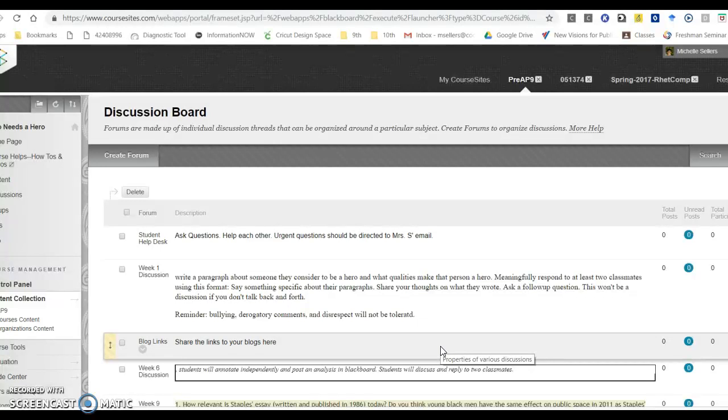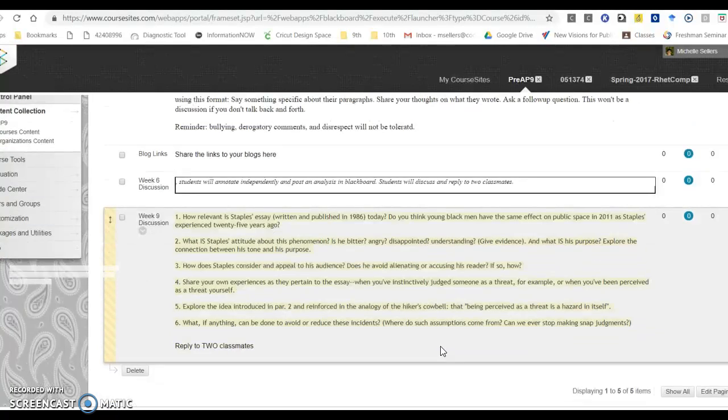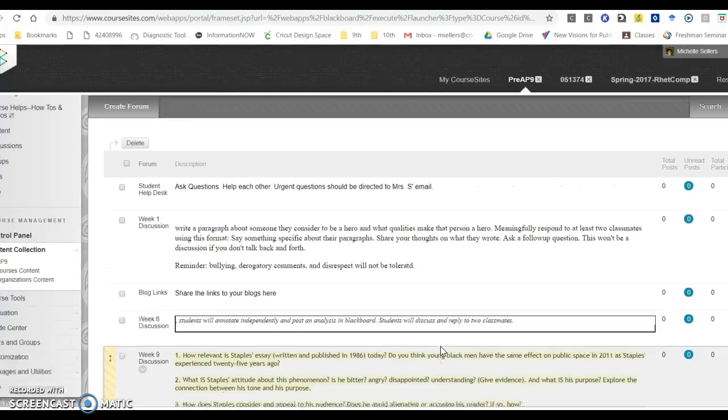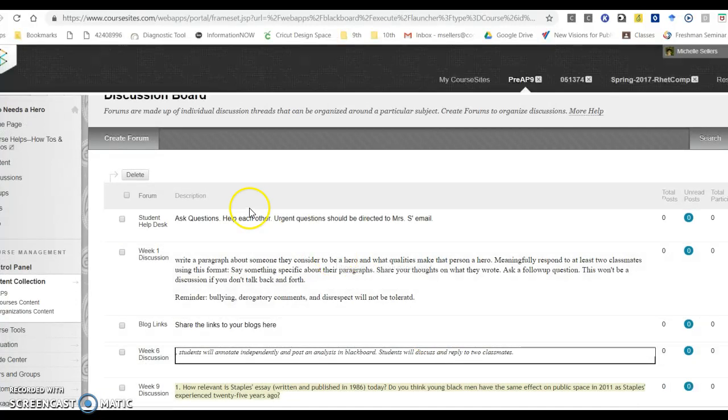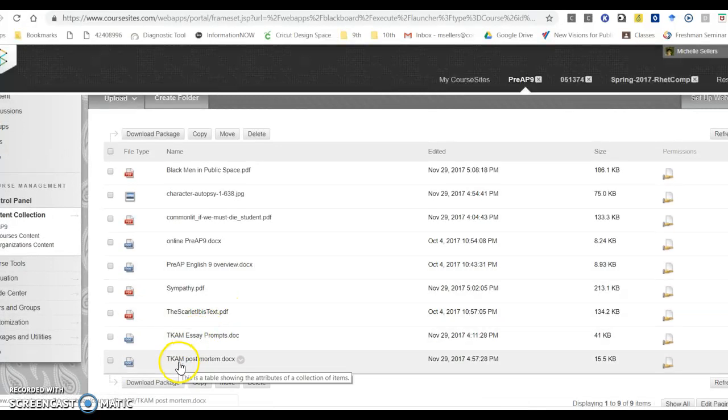A lot of the discussion takes place on blogs for this, and it gives them specific discussion questions to do each week and to reply to their classmates. Really, I modeled the format that we participated in a lot of our classes on Blackboard already. I felt this was a good way to model it since it was a new experience for me, creating on course sites. And I also asked the students to turn things in traditional ways as well, asking the students to